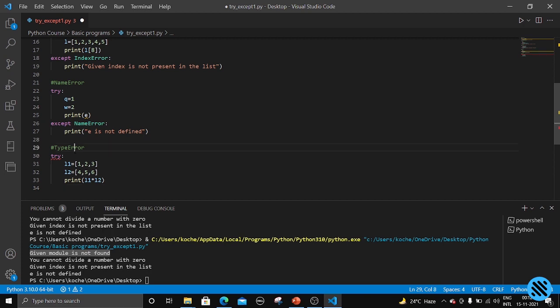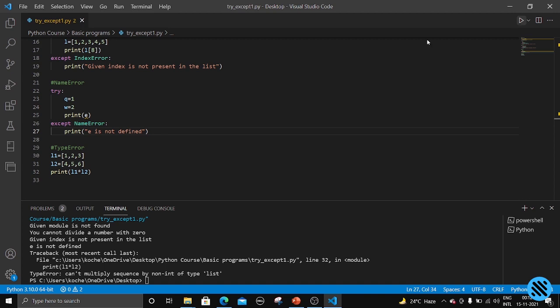Okay, so before putting them inside the try block, let me show you what error it will give. Let us just run it. Type error. It says cannot multiply sequence by non-int type of list. That is nothing but we cannot directly multiply a list. So that's why we need to write it inside the try block